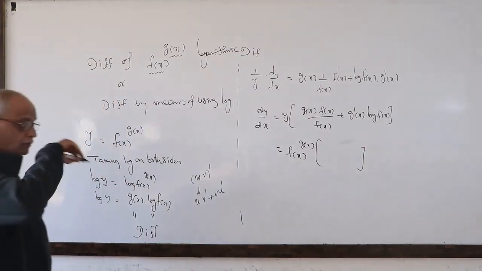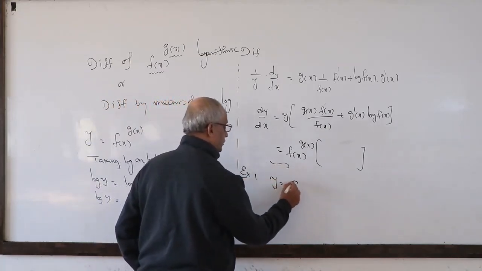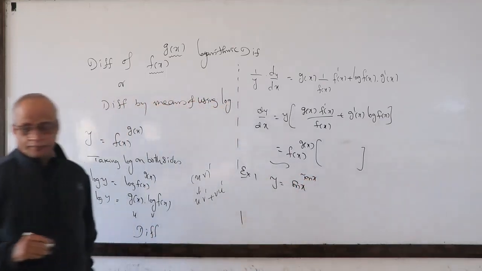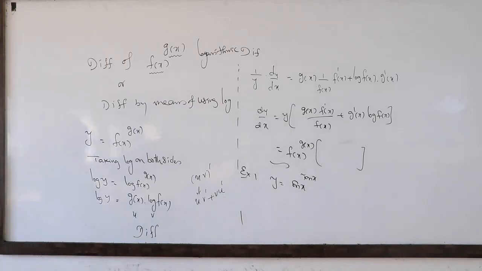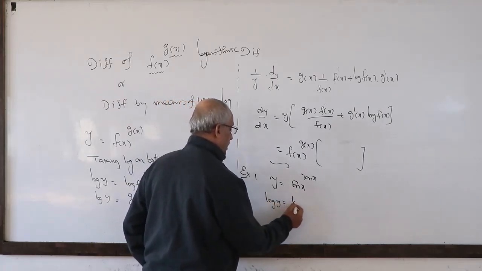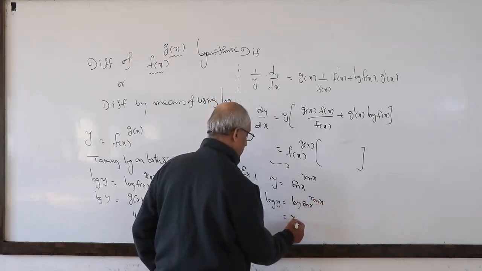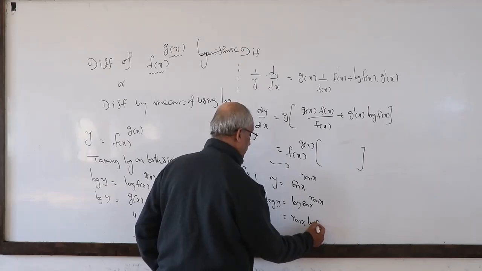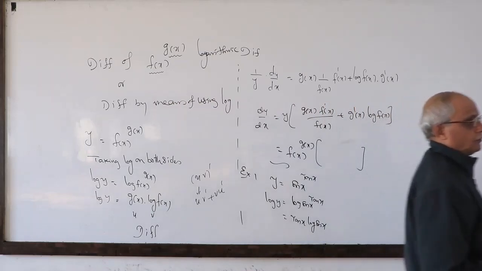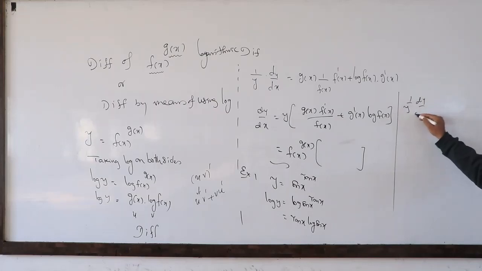Now, suppose I write here an example: y is equal to sin x power tan x. Now, apply logarithm on both sides. Log y is equal to log of sin x power tan x. Step by step, as it is, I am writing. Then differentiate on both sides. The left side is common anyway.